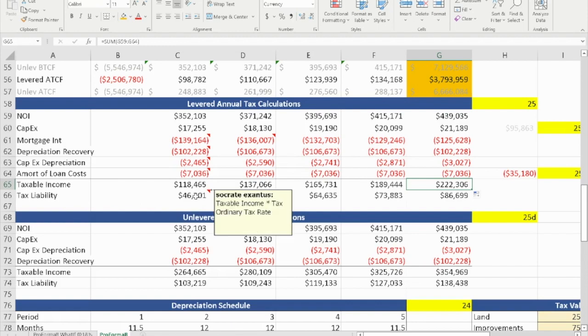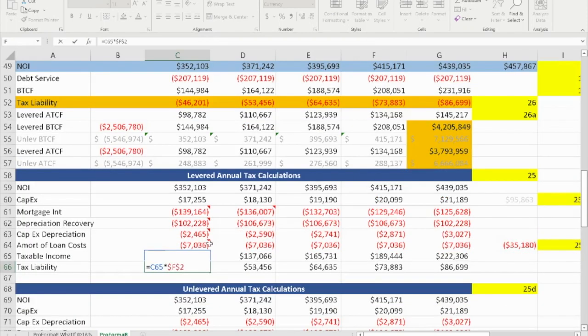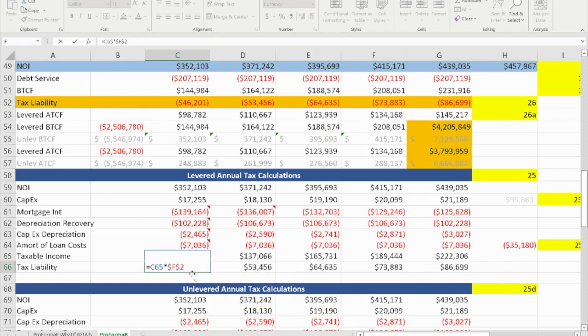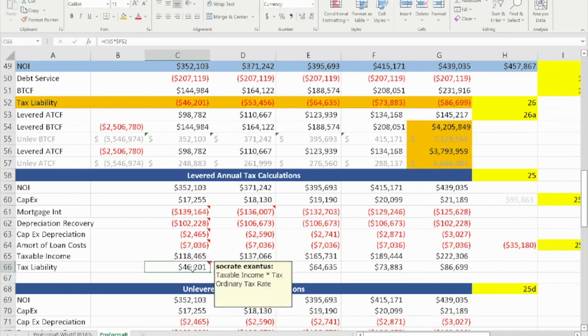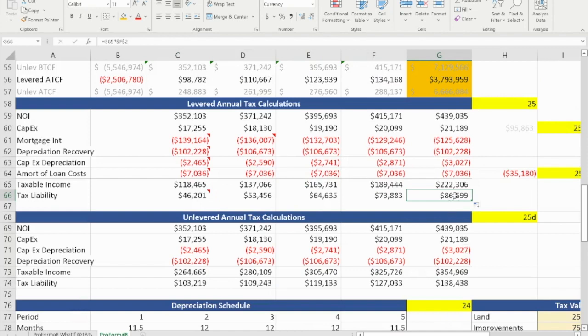The tax liability will be using the ordinary tax rate, which is 39%. So the tax liability would be the taxable income times the tax rate. If you anchor the tax rate, you're going to be able to drag it across and get the tax liability for years 2 through 5, ending in